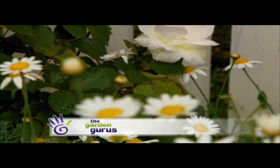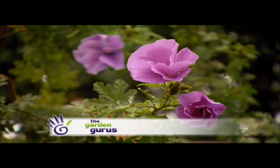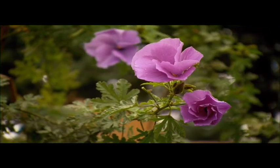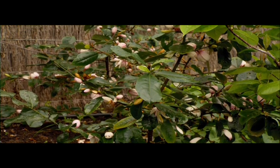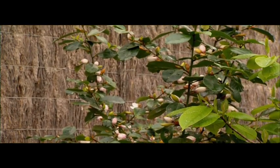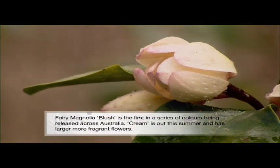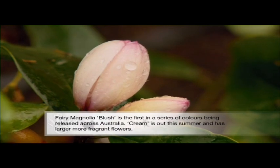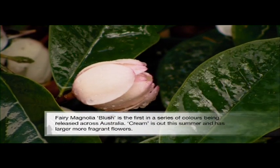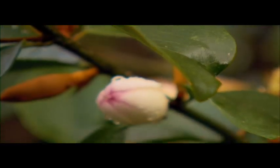This time of the year is a special time in the garden. There are some gorgeous fragrant plants, and here are 4 of my favourites. This is a new release hybrid magnolia. It's 12 months since I planted these blush fairy magnolias. They are gently fragrant and the perfume is most noticeable in the morning and late evening. The flower production is incredible, with thousands of blooms produced in spring and summer, and the new cream flower is